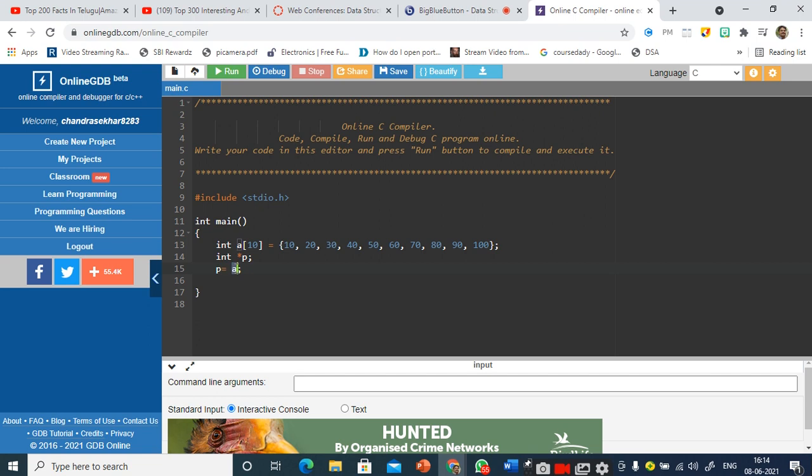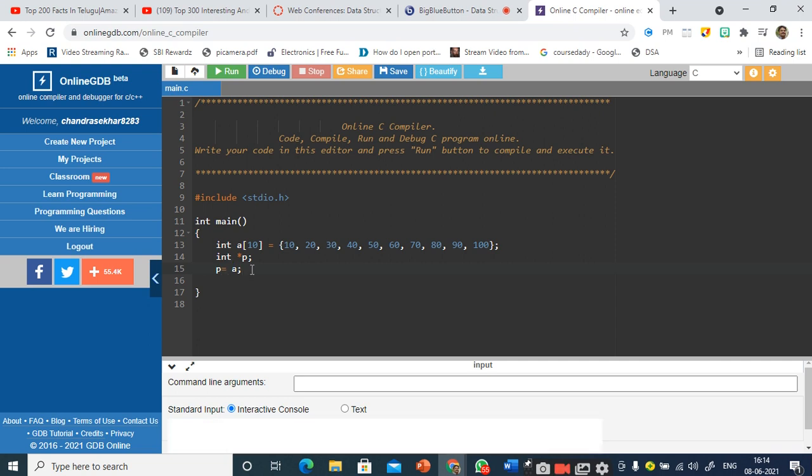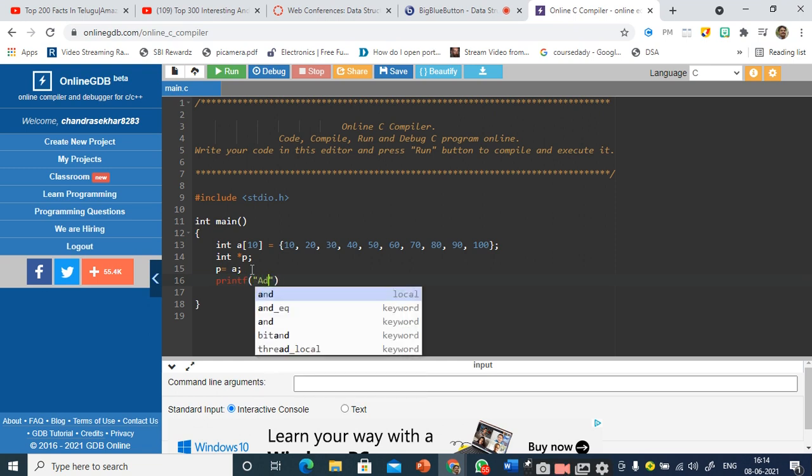So what does a consist of? Base address of the array a, right? Even if you write it as a or address of a, both are correct. This is possible only in the case of arrays. But you cannot assign a normal variable to a pointer without the address of operator. This is the point you need to know here. And let me print the addresses first.